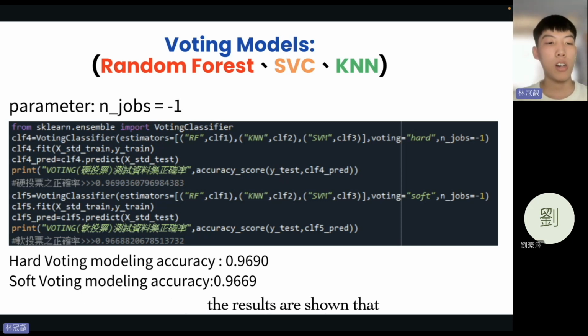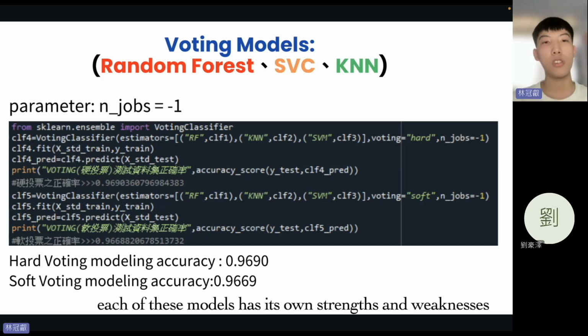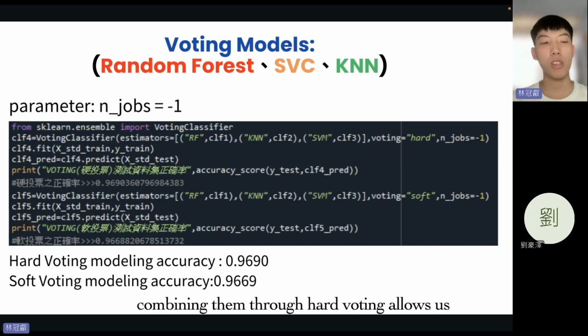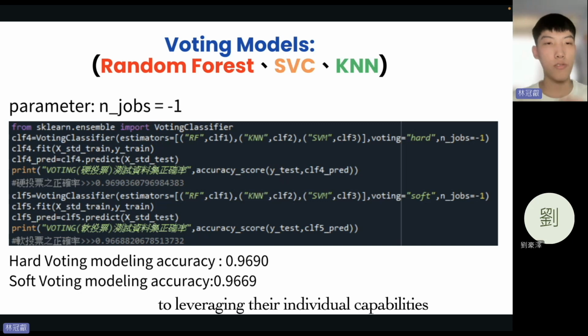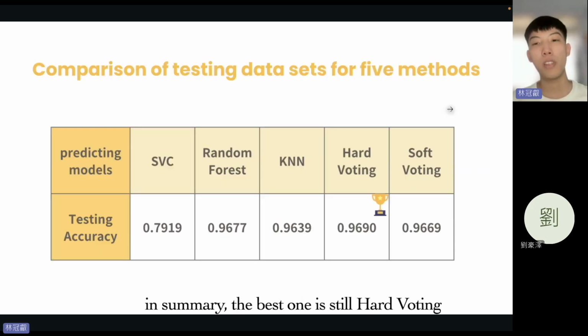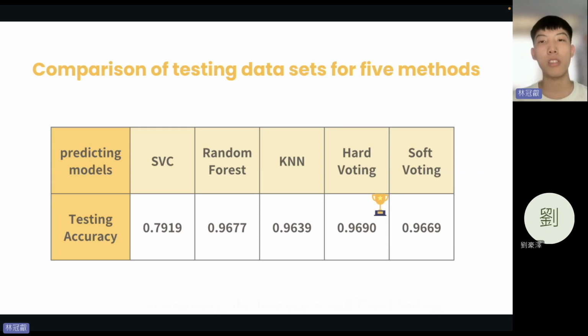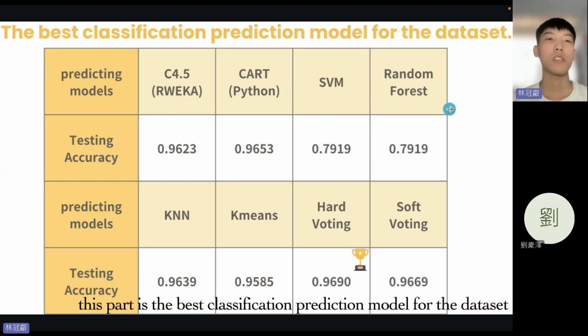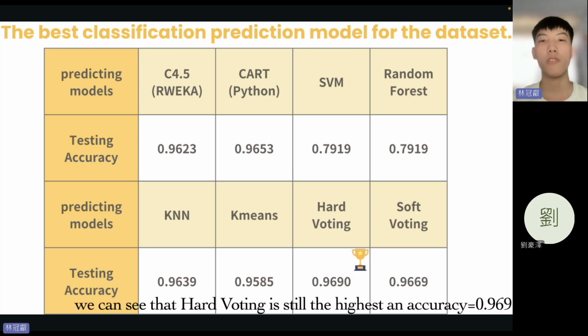The results show that hard voting has a 0.969 accuracy and soft voting has a 0.9669 accuracy. Each of these models has shown its strengths and weaknesses. Combining them through hard voting allows us to leverage their individual capabilities. In summary, the best one is still hard voting. This part is the best classification prediction model for the dataset, and we can see that hard voting is still the highest accuracy rate,